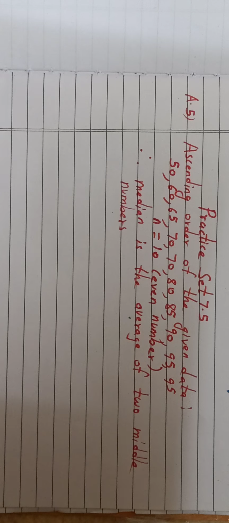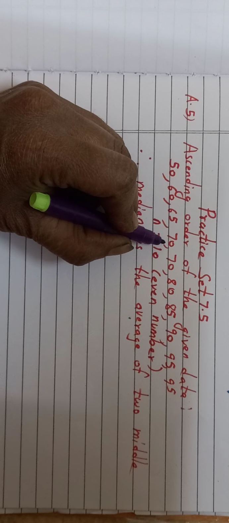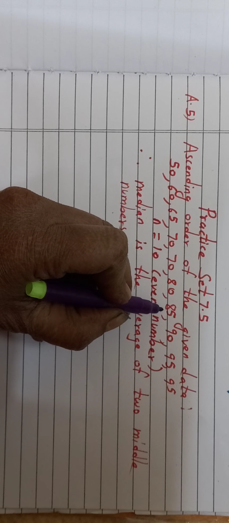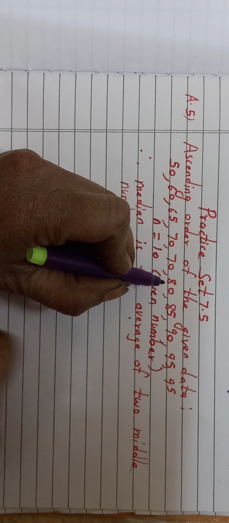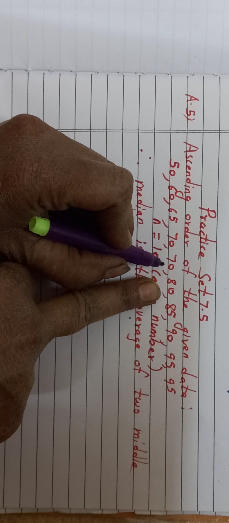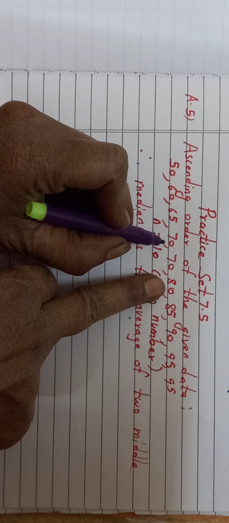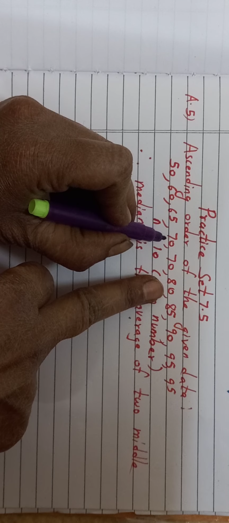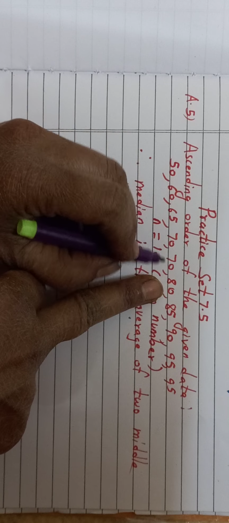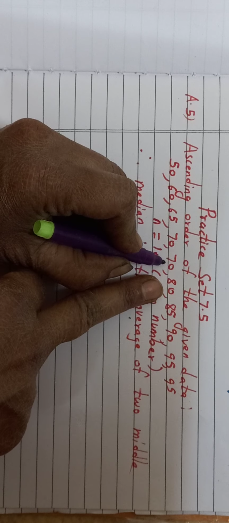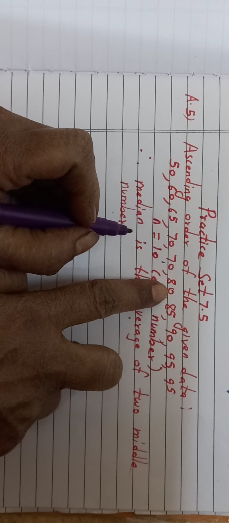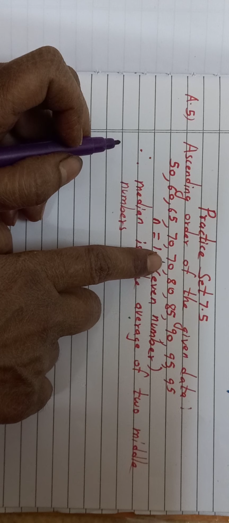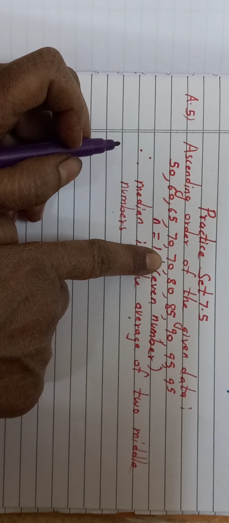See here. 1, 2, 3, 4. Here 1, 2, 3, 4, 5. So here if you see 5 here and 4 here, 1, 2, 3, 4. So what will be the middle position score? That will be 70. Okay, here 5 and here 4. Exact we will not get. So 70 will be the middle one of the scores in the middle position.